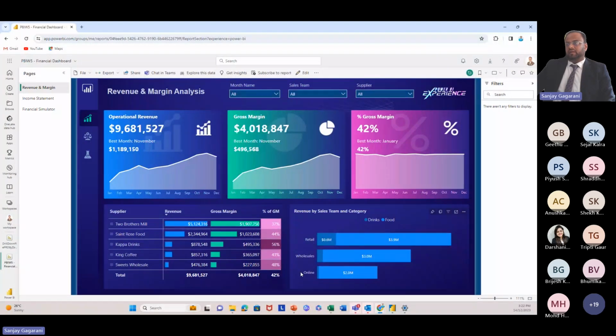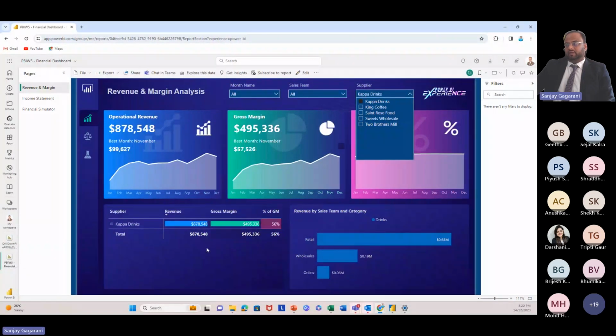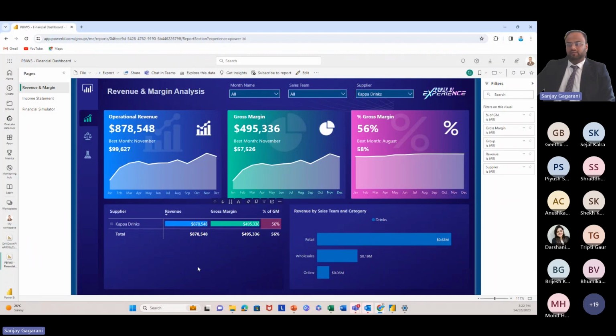Once this report is ready, I would like to produce the report only for one particular business supplier. Let's say I just click on the Drivz drinks. If I click here, the entire chart and graph will change automatically. What I'm trying to say is that we need not prepare the graph and chart design specifically for the Dr division. What we can do with the help of Power BI is, let's say there is a different general manager or head of the business for Dr drink.